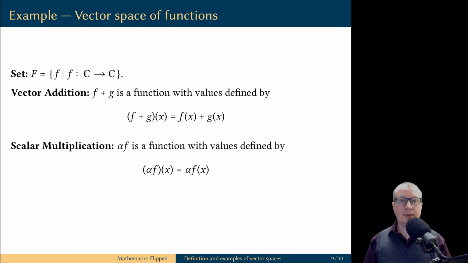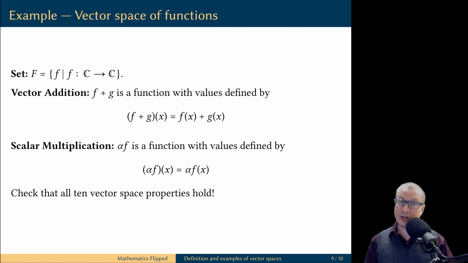We can also define the operation of scalar multiplication on the set of these functions in a natural way, like you would scalar multiply a function in calculus. The value of the new function alpha f at the point x is the value of the function f at the point x multiplied by the scalar alpha. Again, please check that all 10 properties of vector spaces hold in this case, and therefore this is yet another instance of a vector space structure. In this case, vectors are actually functions. Could you imagine, before you saw this example, that functions can be actually vectors?